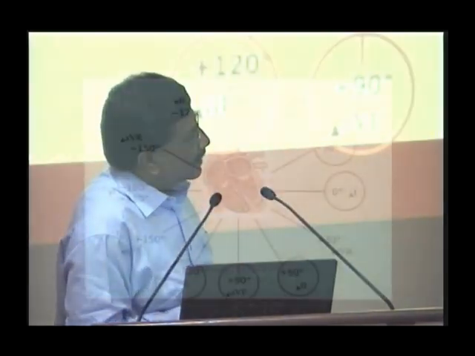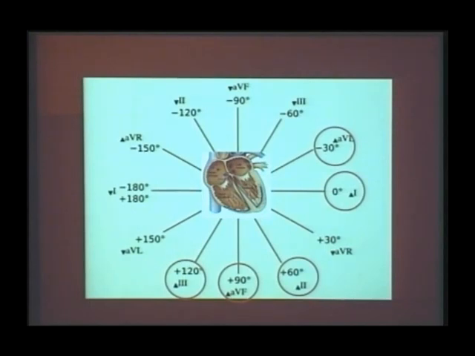So, understand three things for L3. L3 is right axis, number is 120, the clinical situation is right ventricular hypertrophy. All three things you must remember. Now, you tell me, whenever my AVL is the tallest positive QRS complex, this is the only negative number. All the above this horizontal line is negative, below is positive. So, for AVL, what is the degree now? Minus 30, it is the left axis.